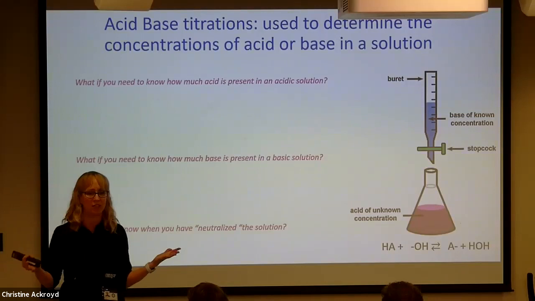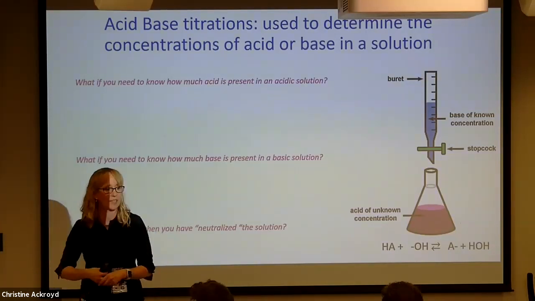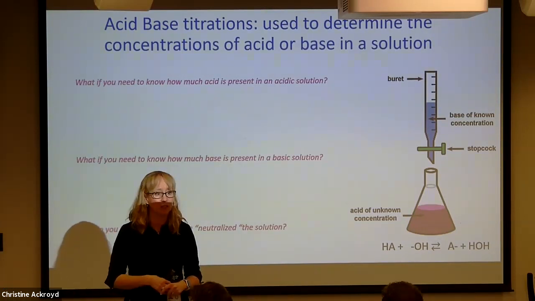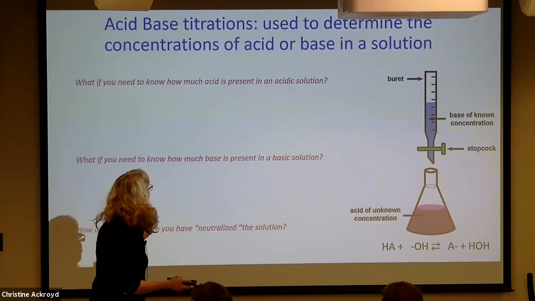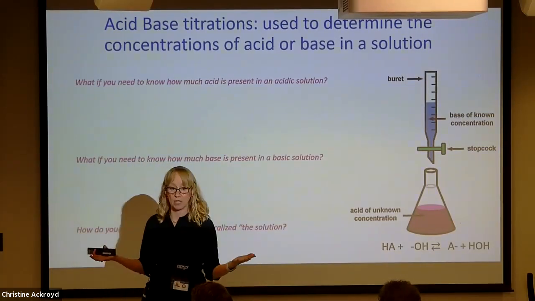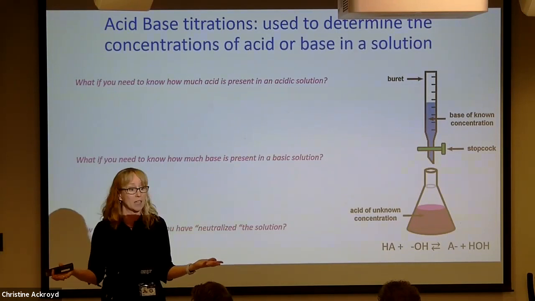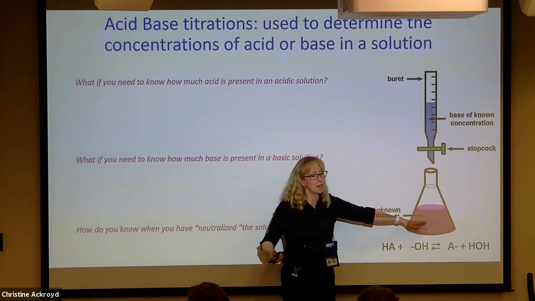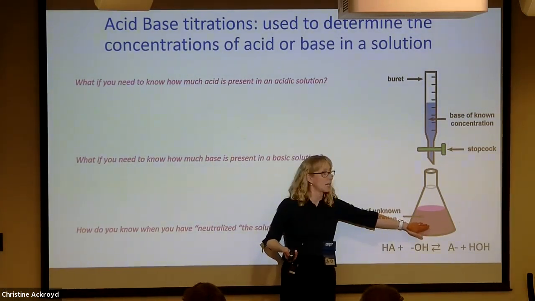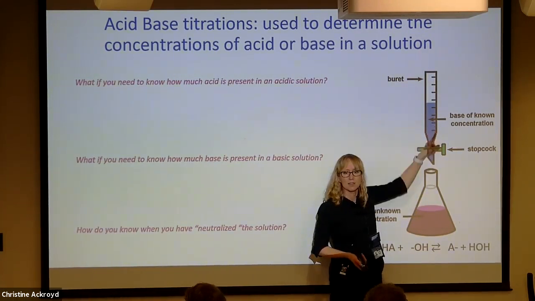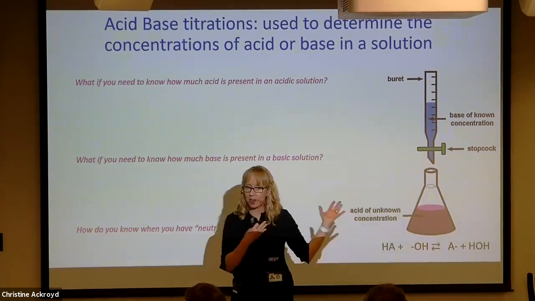Okay, why do we do titration? The whole principle of titration is lots of times we need to measure how much stuff we have in a solution. We use titrations to do that. So if we have an acid solution that's of unknown concentration, we need a way to test how much we have, right? So we do a titration reaction where we put the unknown sample in our little flask here, and we react it with a strong base. Strong base. Drive the reaction all the way to the right.